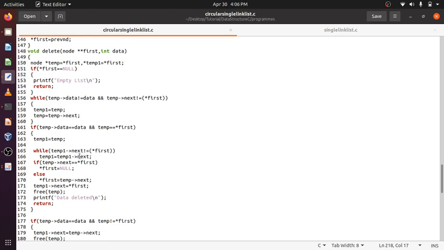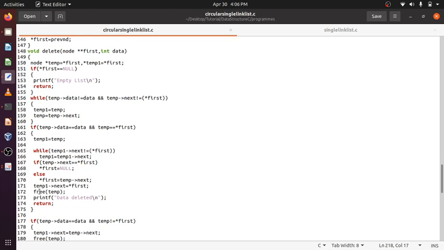So if there is one single node, what we can do is check temp next equal to first. If it is one node, temp next will be pointing to the first node, and if it matches, then star first is null, because there was one node and it is deleted.